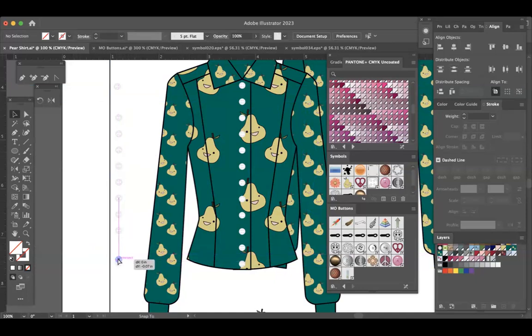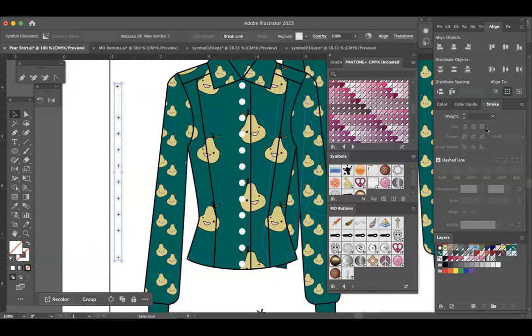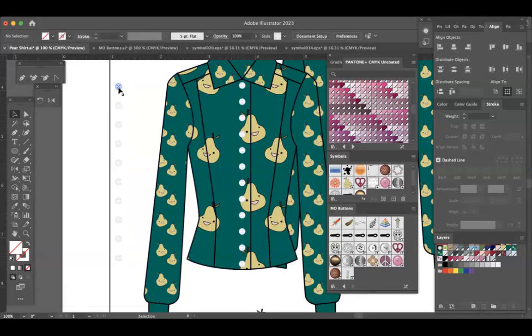Line that button up. Round 2. This is why we need to lock our guides. Illustrator can be very literal. Okay, there we go. So distribute center and then align center and then distribute even. So that basically gives us our buttons that we have, but it gives us a symbol